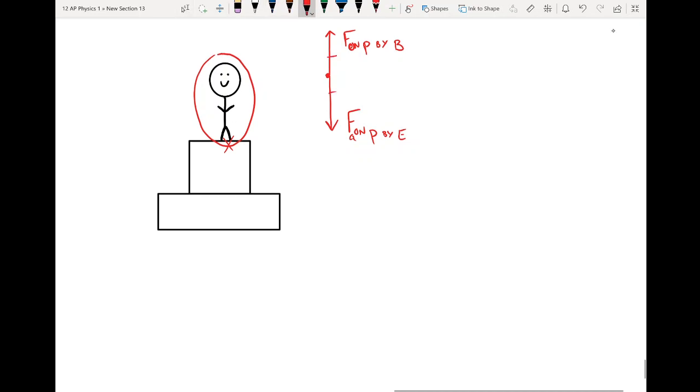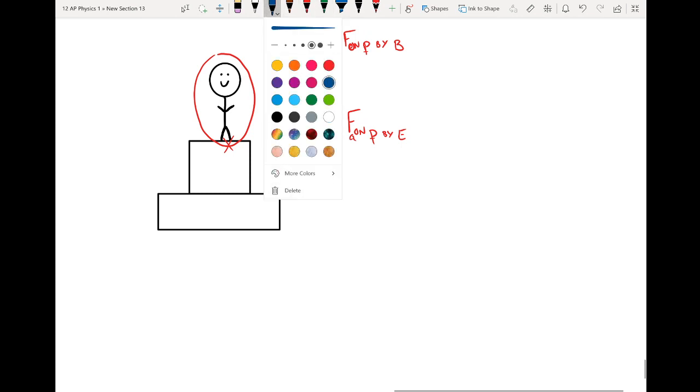This is stationary, so I know those are equal to each other. And what some novice physicists would do, not saying you guys would, is say, oh, these are equal to each other, and they're acting in opposite directions, so this must be a force pair. But that's not a force pair because they're acting on the same object. These are both acting on the person. So this is not an action-reaction pair. I still have to find those, but because they're acting on the same object, they cannot be an action-reaction pair.